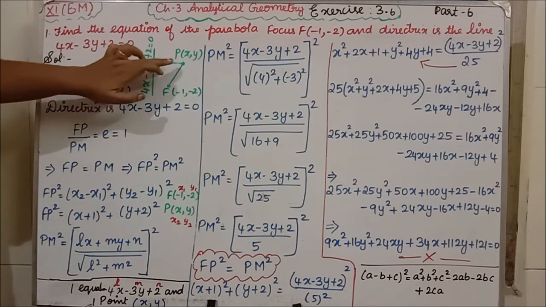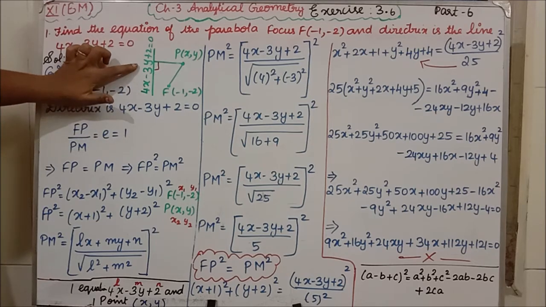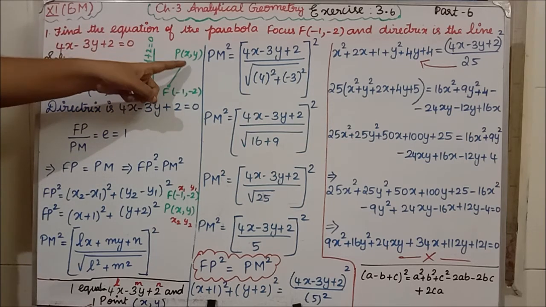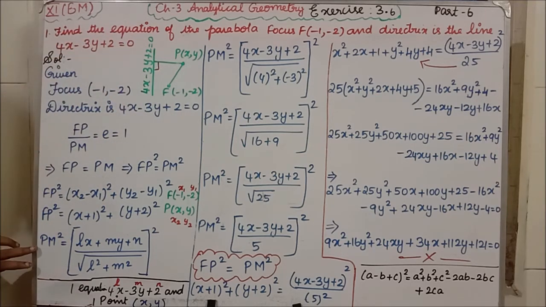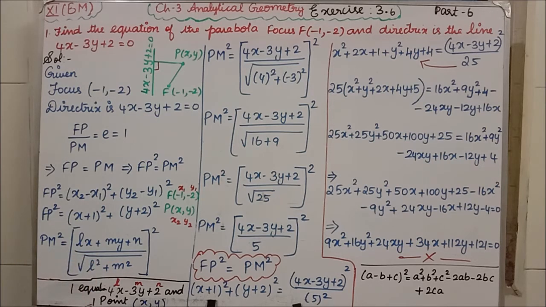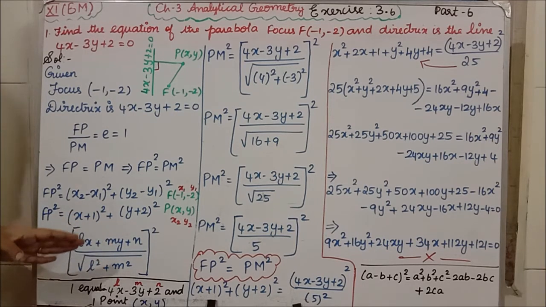See, the point is perpendicular to the line. The line is in the format ax plus by plus c. To find the distance from your point to your line, the formula is (Lx plus My plus n) divided by the square root of L square plus M square. But when we were writing the notes, I gave you (Al plus Bm plus C) divided by the square root of A square plus B square. Any variable you can take.